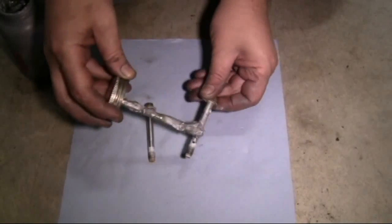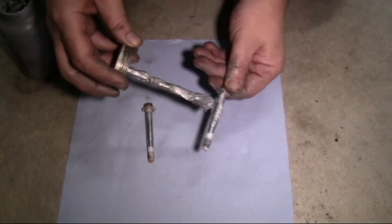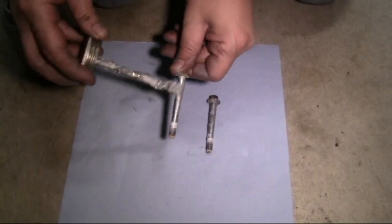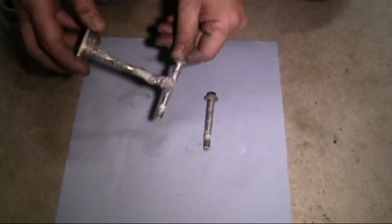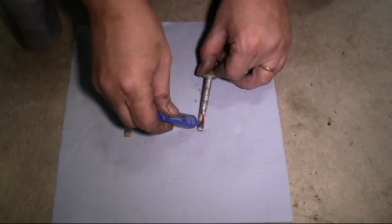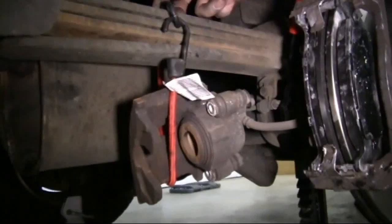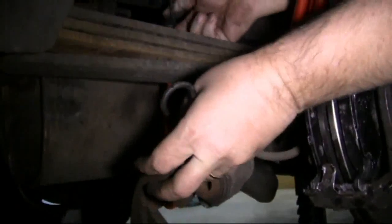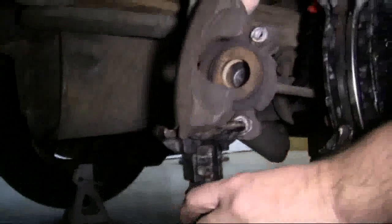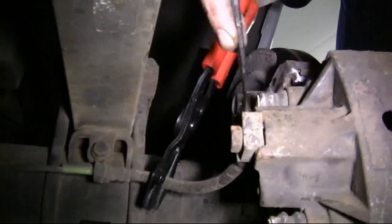Then we're getting ready to install our caliper. So we're using some anti-seize lubricant on the caliper guide pin bolts. And we're going to apply some thread lock to the threads. Then we're going to get ready to install our caliper. Remove the bungee cord. Here we're setting our caliper on a jack stand just for convenience sake, and we're going to compress the piston. Remove our dust cover, install our wrench,